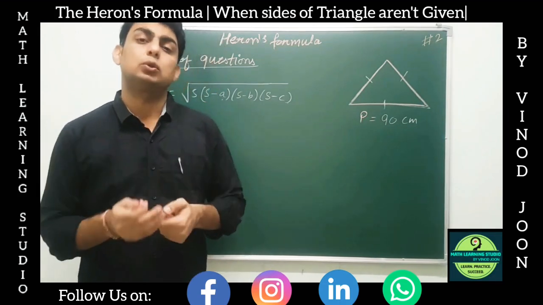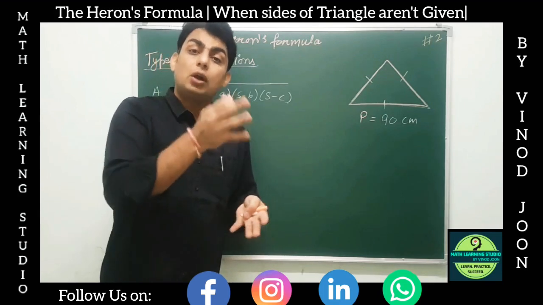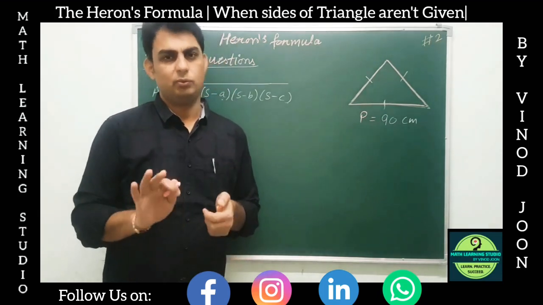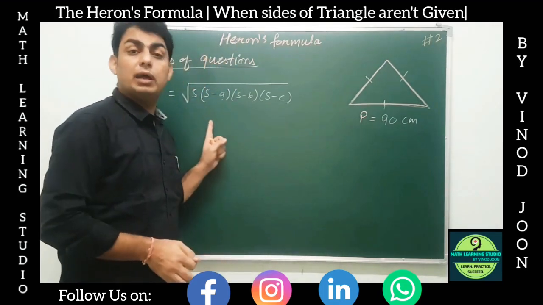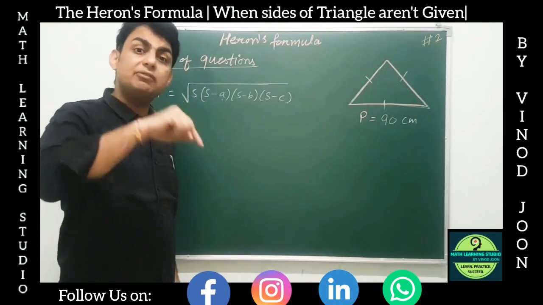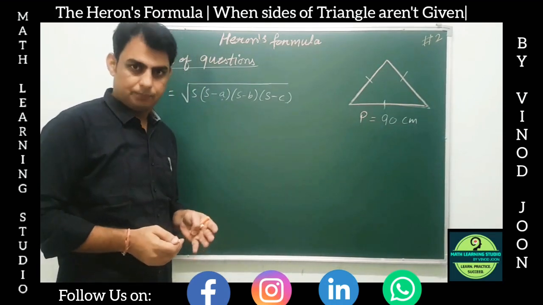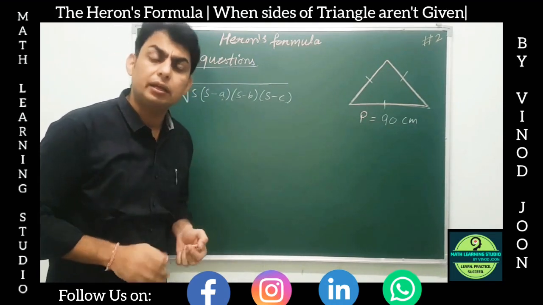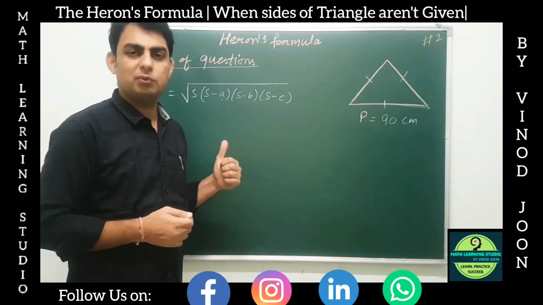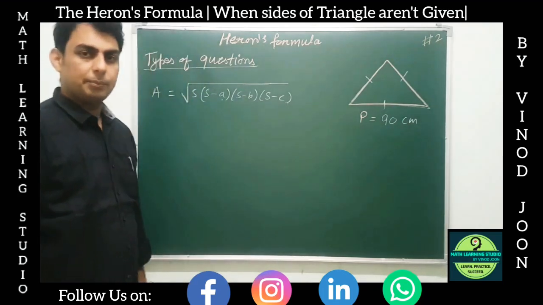So we will take 2-3 examples today in which we will understand कि if the sides are not given then what to do. Very simple भाई, अगर Heron's formula apply करना है we have to find the sides, means there should be some way with which we can find the sides, है ना. हम पहले sides find करेंगे and then we'll apply Heron's formula. That's it.